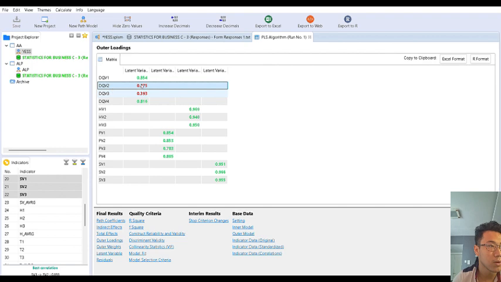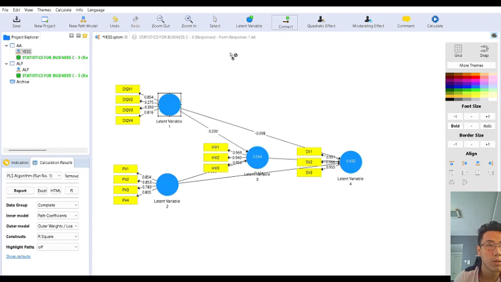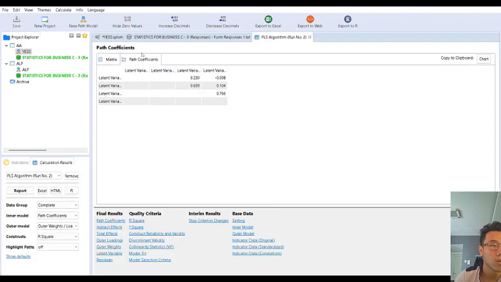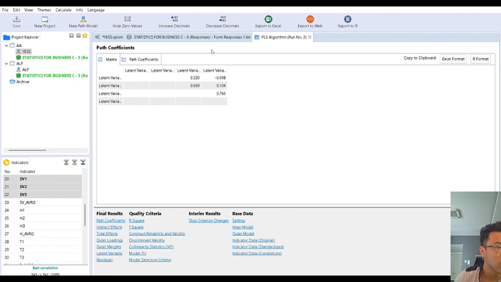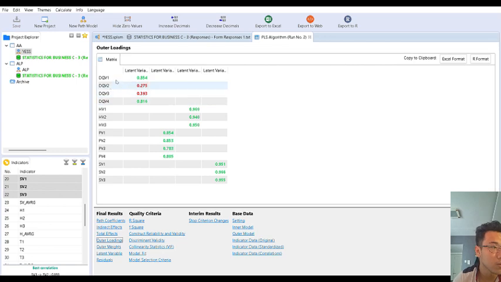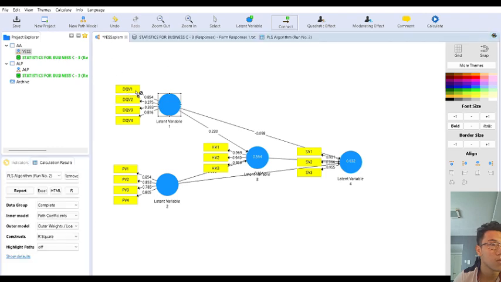In this case, just the red ones here, so for example, remove QV2 and QV3.